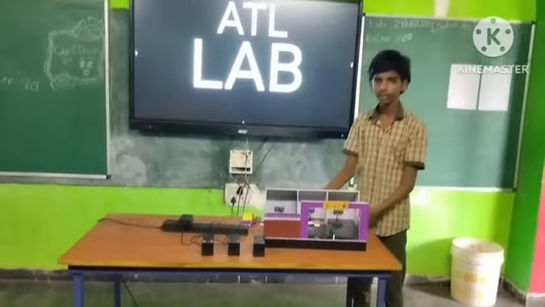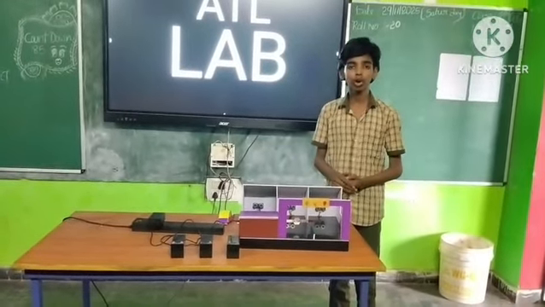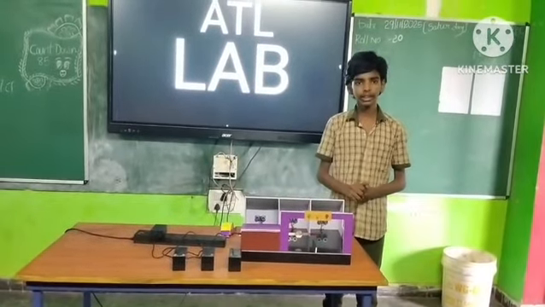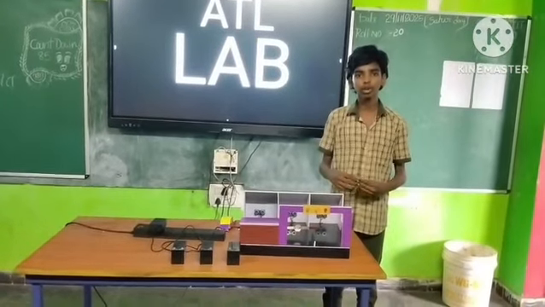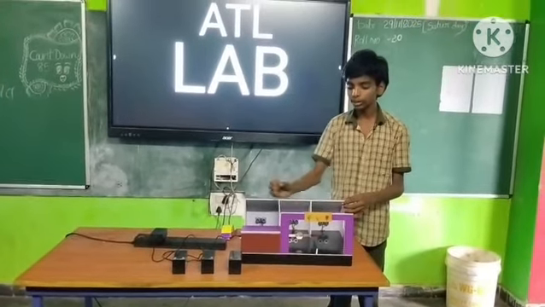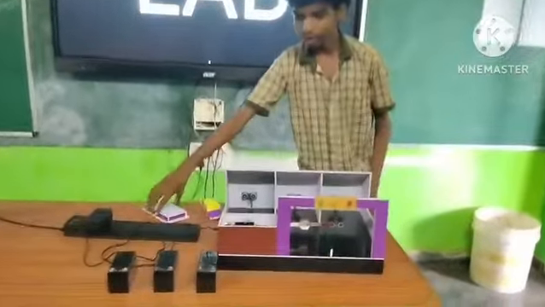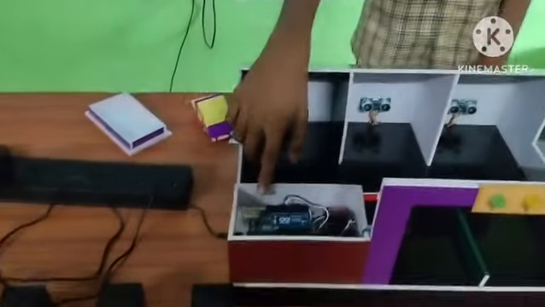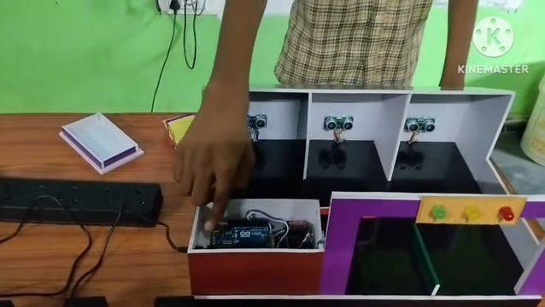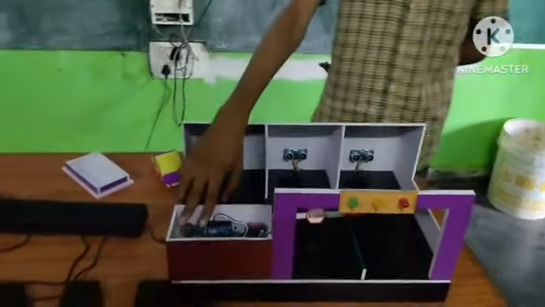This is the smart parking system using the Arduino Uno. Smart parking system is also called an automatic system. It detects vehicles using an ultrasonic sensor. This system uses an ultrasonic sensor to detect vehicles, and the Arduino Uno microcontroller processes the data. The parking slot availability is displayed to show users.